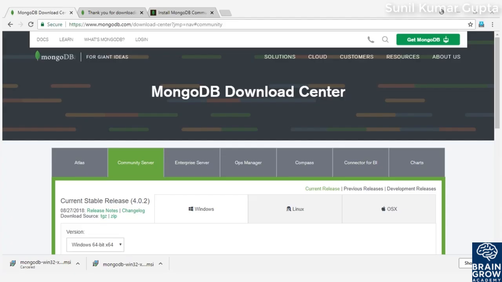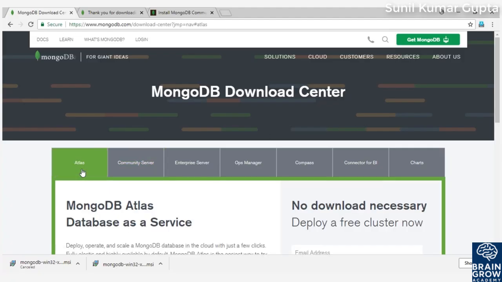So in this I'll show you how you can download and install the latest version of MongoDB. To get MongoDB, we need to go to the mongodb.com website, that is the official website of MongoDB. There, on the top right corner, you can find the option Get MongoDB. As soon as you click on Get MongoDB, it will take you to the MongoDB download center